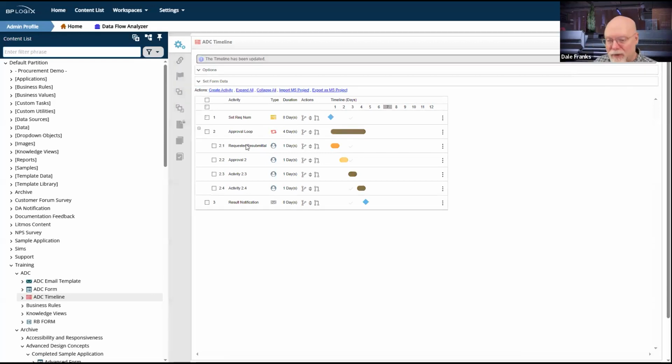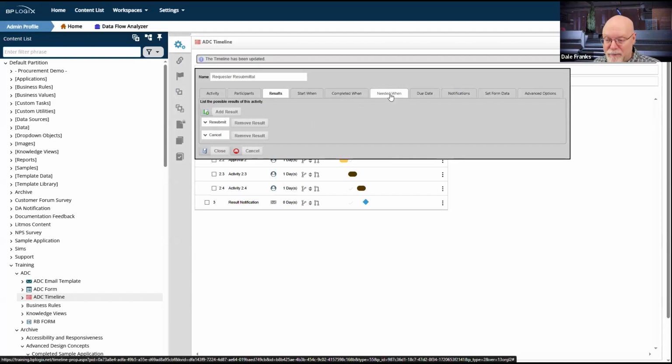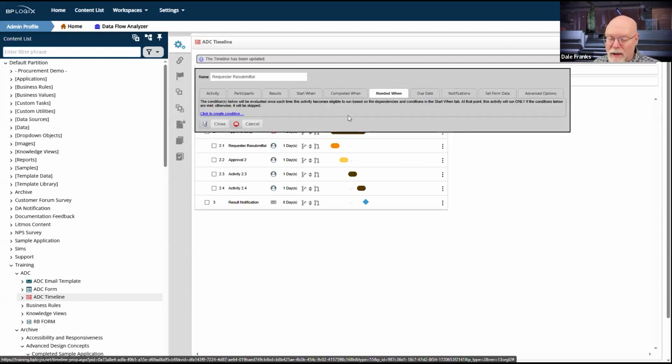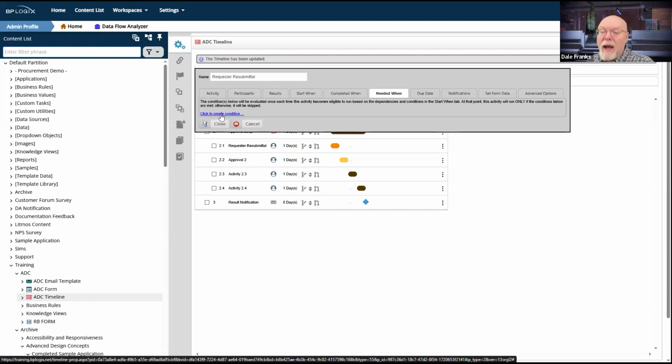No, not fully configured request or resubmittal. We need a needed when activity or needed when condition. We don't want this to run all the time. In fact, ideally, this will never run. This activity is only going to run whenever somebody sends in a resubmittal request that goes back to the user. So I've got to prevent this from running in all other conditions.